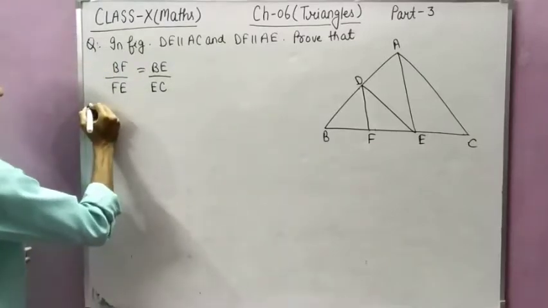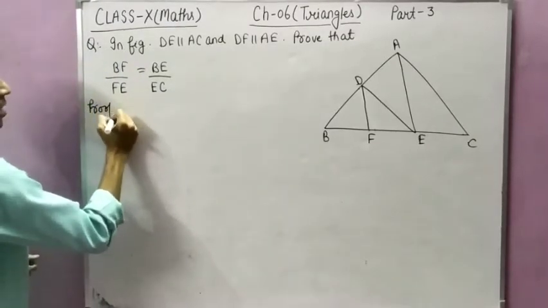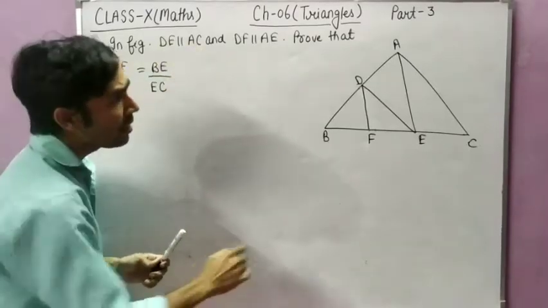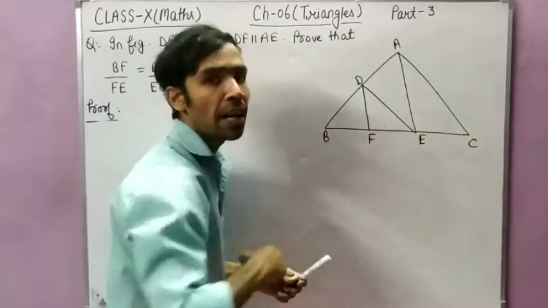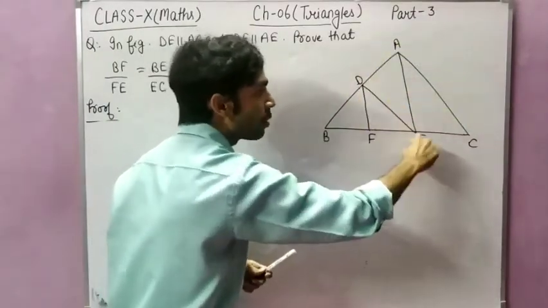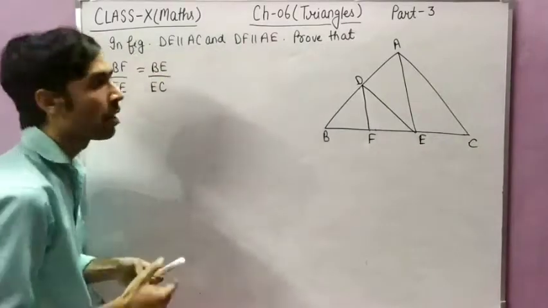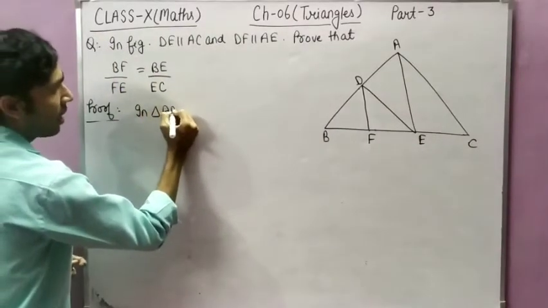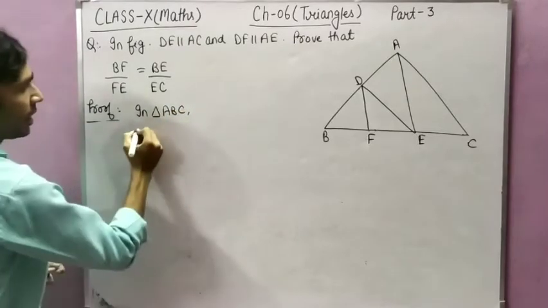Okay, so see, what is the proof? The proof is very easy. See, DE is parallel to AC. In which triangle, student? DE is parallel to AC in which triangle? So in triangle ABC, student. In triangle ABC, DE is